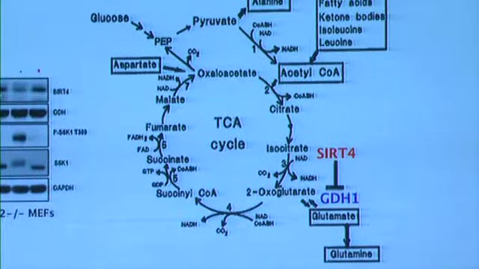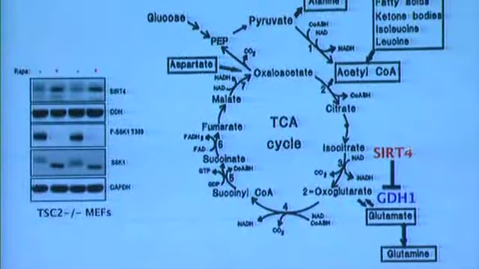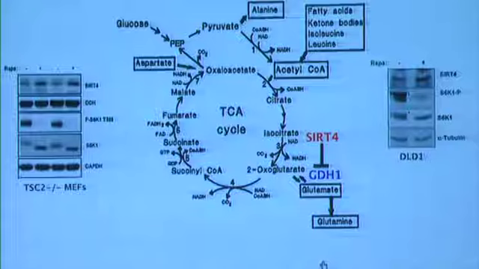And this just shows you that in cells that have high TORC1, SIRT4 is repressed. If you inhibit TORC1, it goes back up. So if you inhibit TORC1, this goes up and now can inhibit GDH. And this is just done in duplicate here. And this just shows you in the DLD1 cells, we see the same thing with rapamycin. SIRT4 goes up. And in this case, S6 kinase is not involved. So in the case of glutaminase, it's mTORC1 and S6 kinase. In this case, TORC1 is doing something independent of S6 kinase to regulate glutamine metabolism.